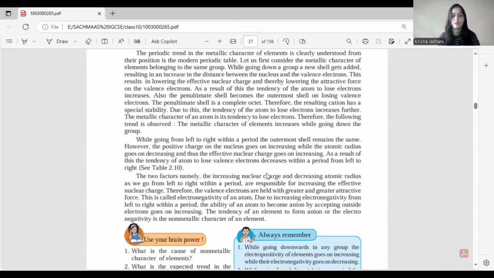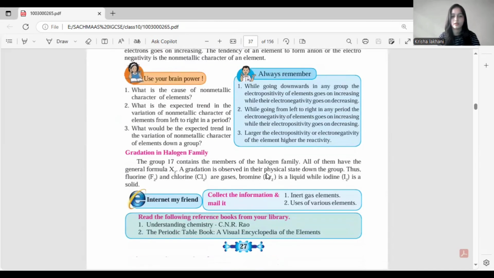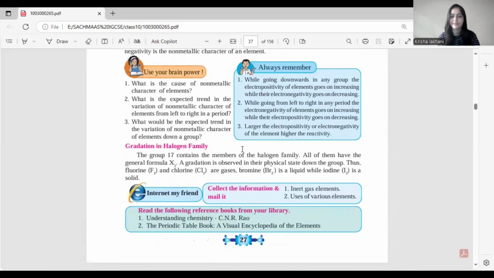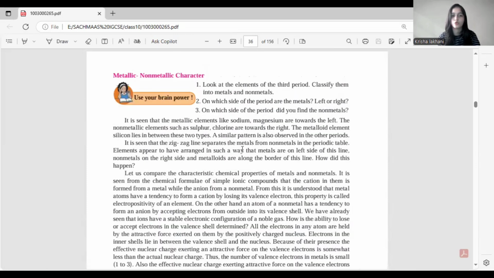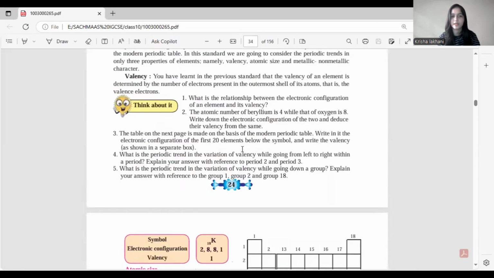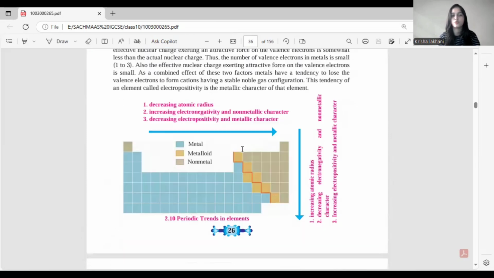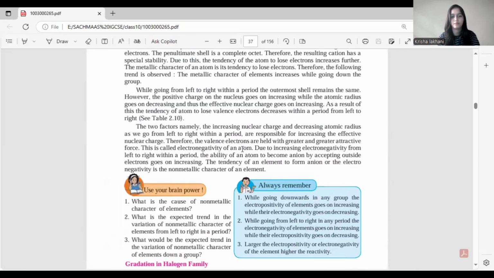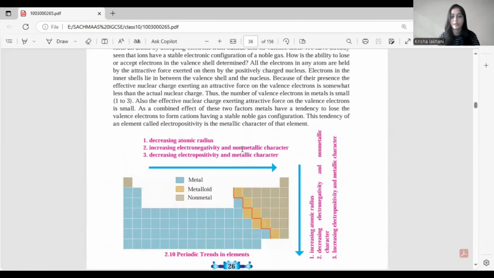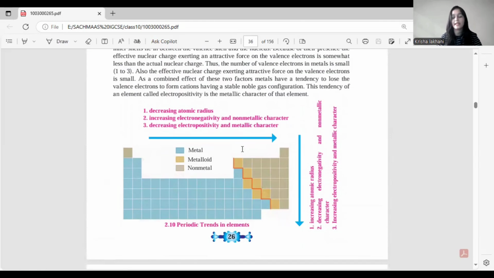So here your groups are explained to you. The halogen family is explained. Group 1, group 0 is also explained to you. You just have to go through it once again. Before that, I will explain one thing, that is electropositivity and electronegativity. We'll understand it from this simple graph which is given to us.